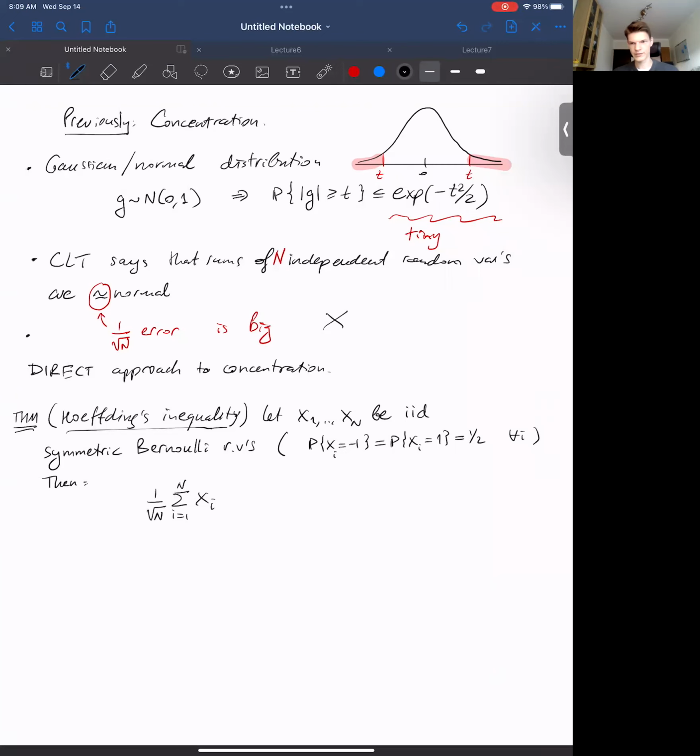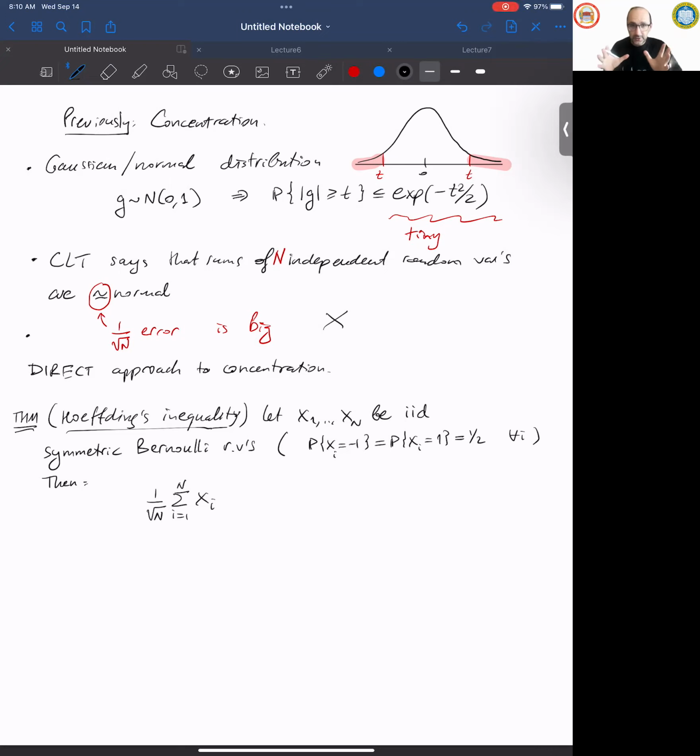Square root of variance. Yes, exactly, because the variance of the sum is n. Sorry, not the variance of the sum of square root of n. The variance of the sum is n. Agreed? The variance adds up. The variance of each term is 1, so the variance of the sum is n. Now the standard deviation, therefore, is the square root of the variance, which is square root of n.